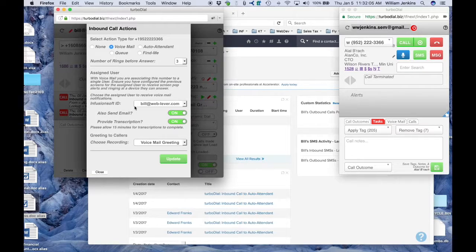The Infusionsoft ID that I'm going to choose to assign this number to is bill@weblever.com, consistent with what I've put into the previous two screens. Now this assigned user is, again, the user who's going to receive voicemail notifications. And if I've set up to send email, that's the email address where notifications will be emailed. And lastly, when a voicemail note record is created, this is the user who will be the owner of those